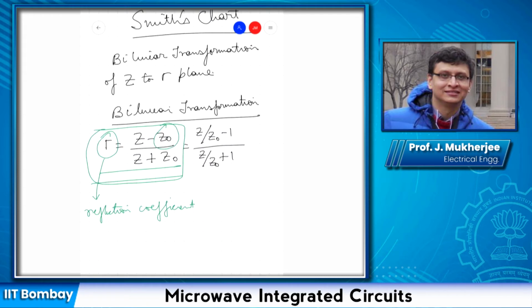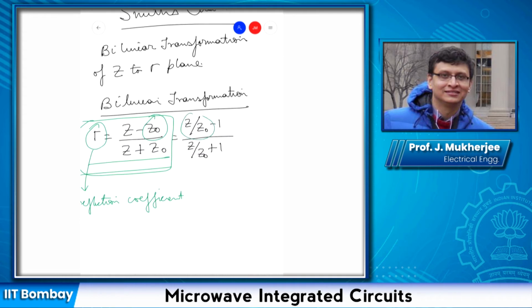Now these quantities, Z upon Z0, can be replaced by what are known as normalized impedance. And this z is given by